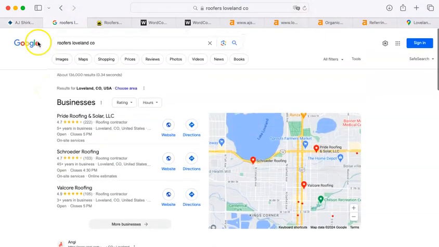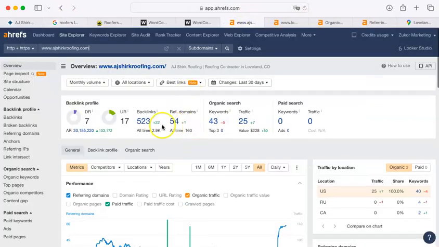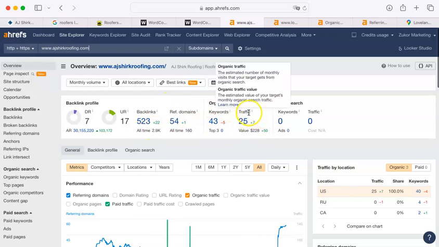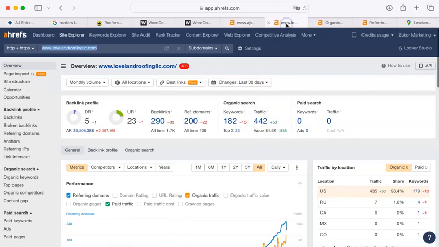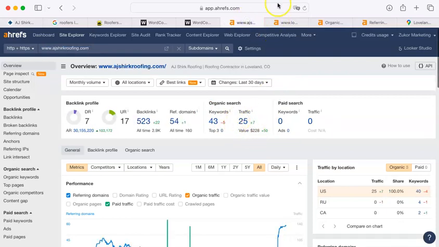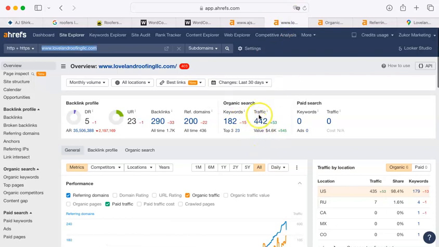Now, let me show you where the rubber hits the road here. Your backlinks and your keywords have left you with a traffic of 25. Traffic is literally the number of times that somebody has clicked on your site as a result of a Google search. That's up 7 from the month before. So you're doing better. You're on an upswing. Now, here is theirs: 442. Now, I can tell you that 25 is not terrible, but in terms of mathematical probability, it's more probable